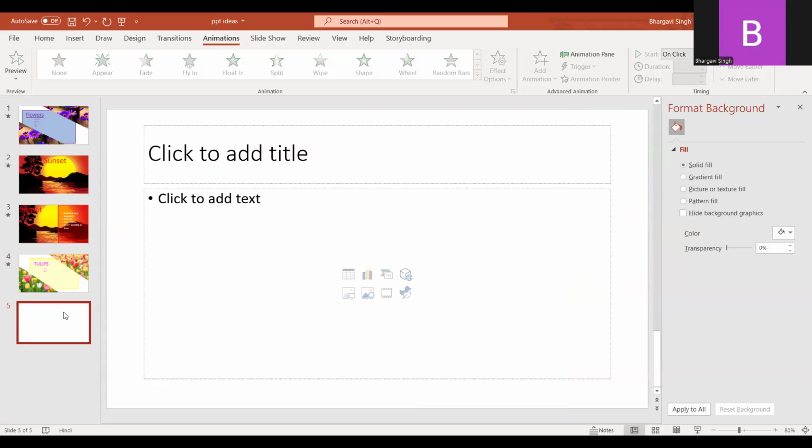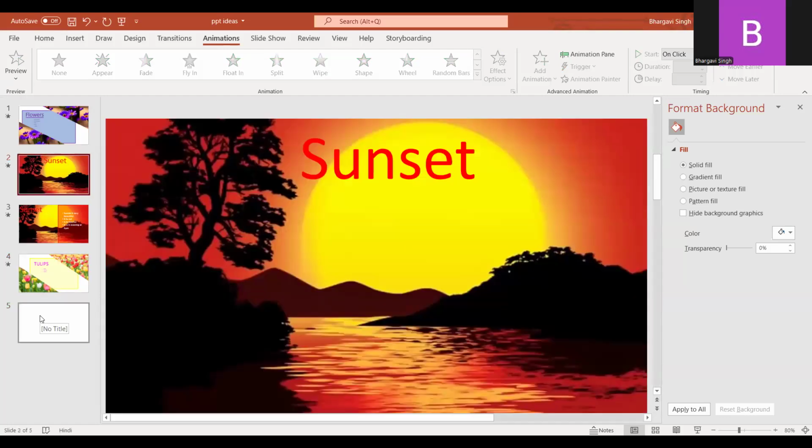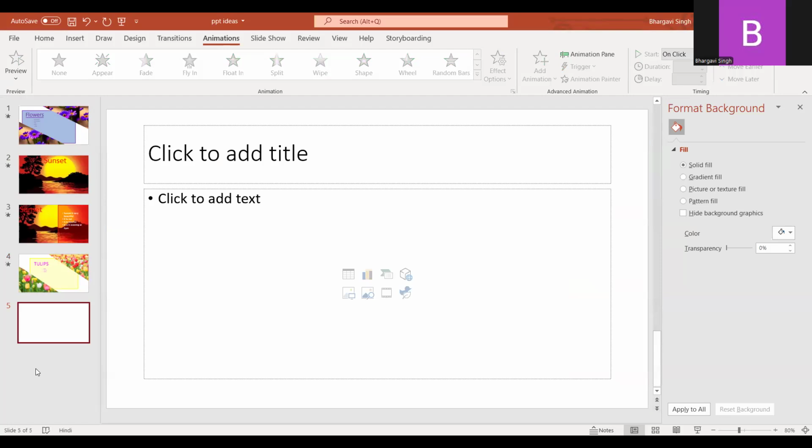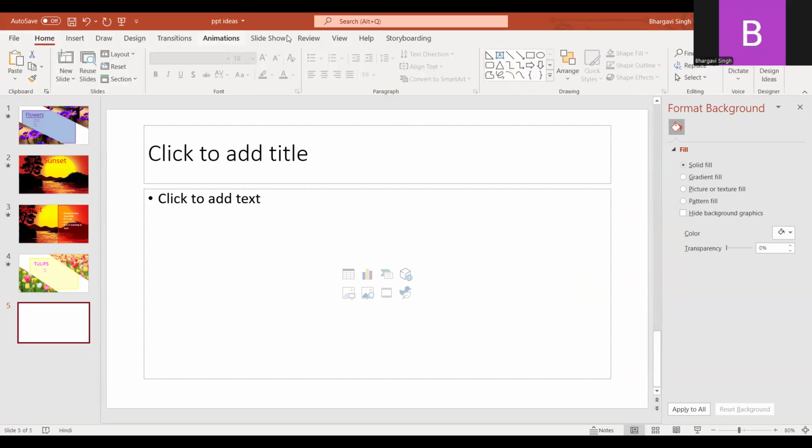Now let us create a second slideshow that was for the sunset that we had seen. So here we're going to make a slide first of all. What we're going to do is insert a picture. Now let's say we'll go back to the web and look up some scenery, and let's say we would like to go with